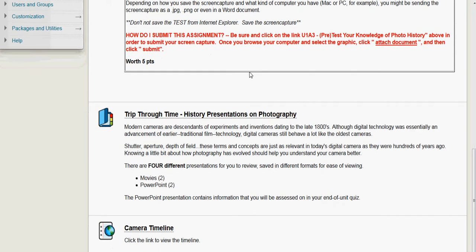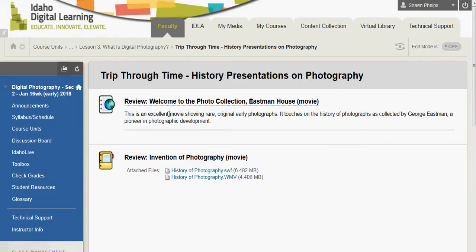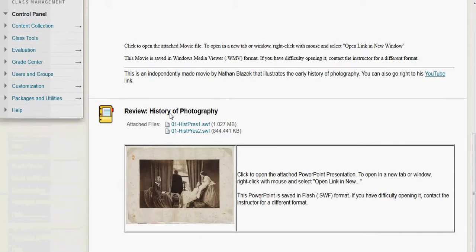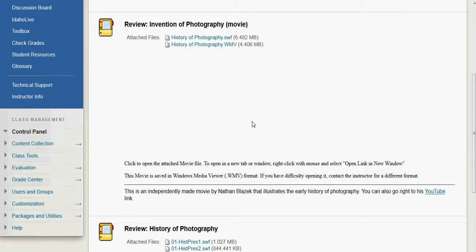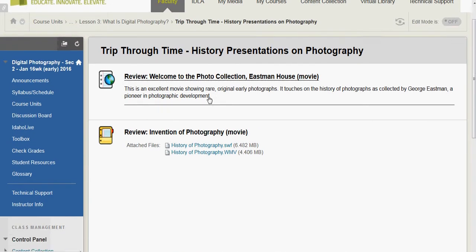Going to scroll down. Here is Trip Through Time, History Presentation on Photography. So this is again telling me what I will find within this part of the course. I'm going to click on this connection here and scroll down and see what I can find. So there's a few different things here. I have a couple